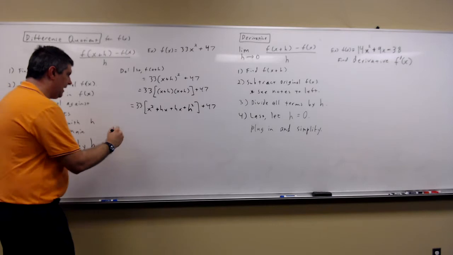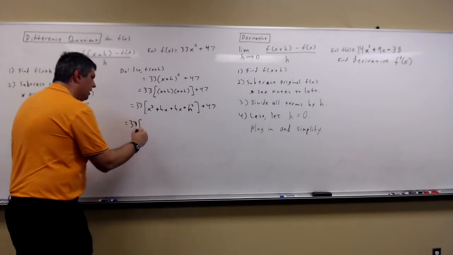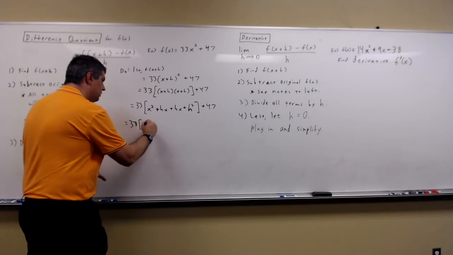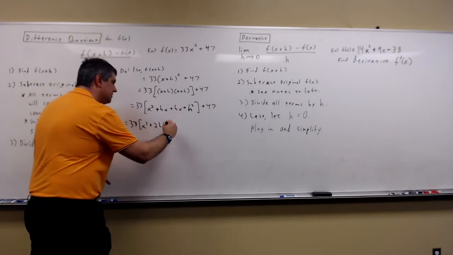And then this simplifies as 33 times x squared plus 2hx plus h squared